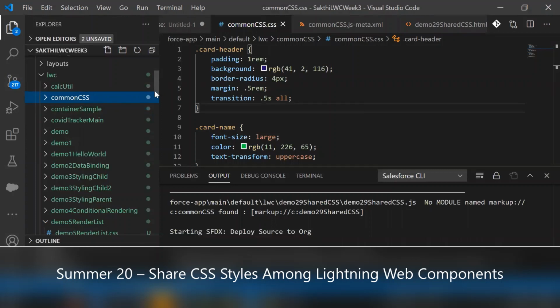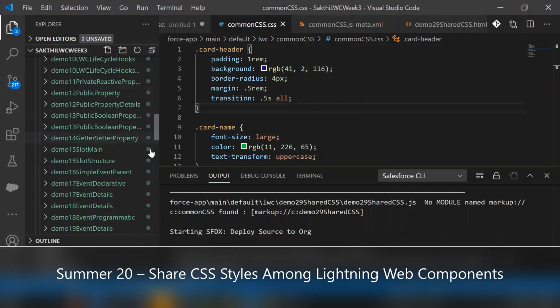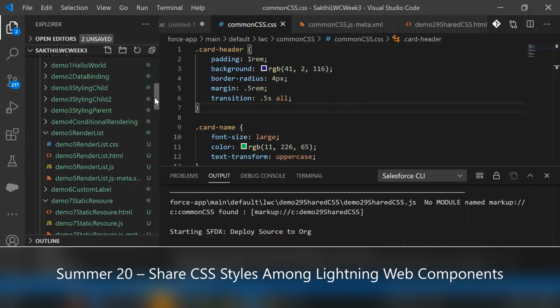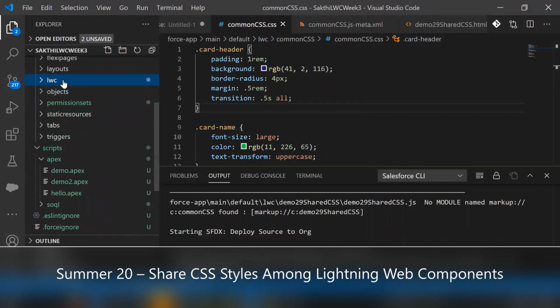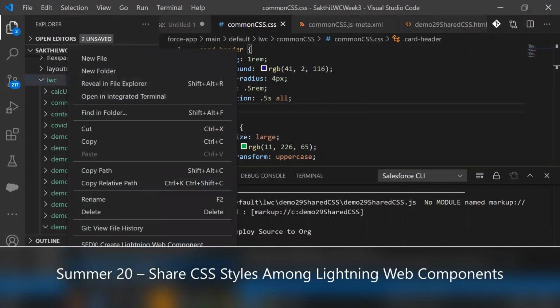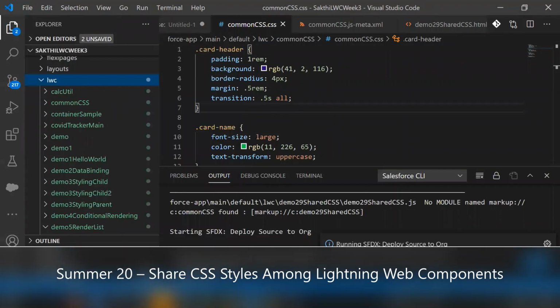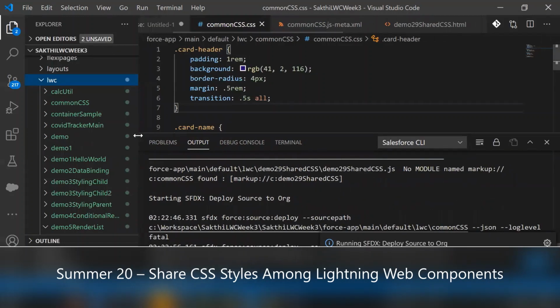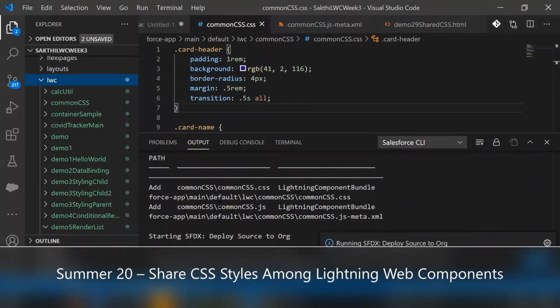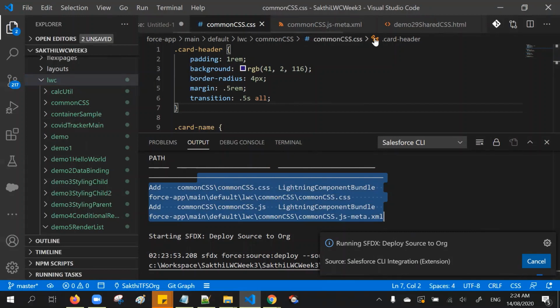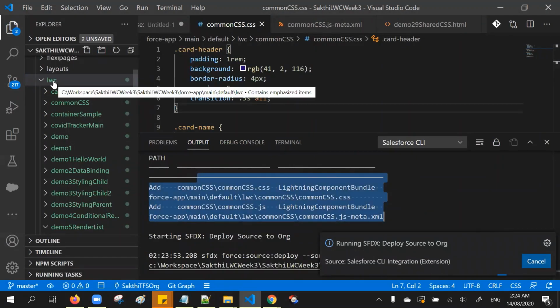So select both components and try to deploy, or straight away deploy all the components from the LWC folder. Sometimes if you select two components, only one gets deployed and not the main component, so that's the reason the changes are not reflected. So let's deploy all together and then we'll see.